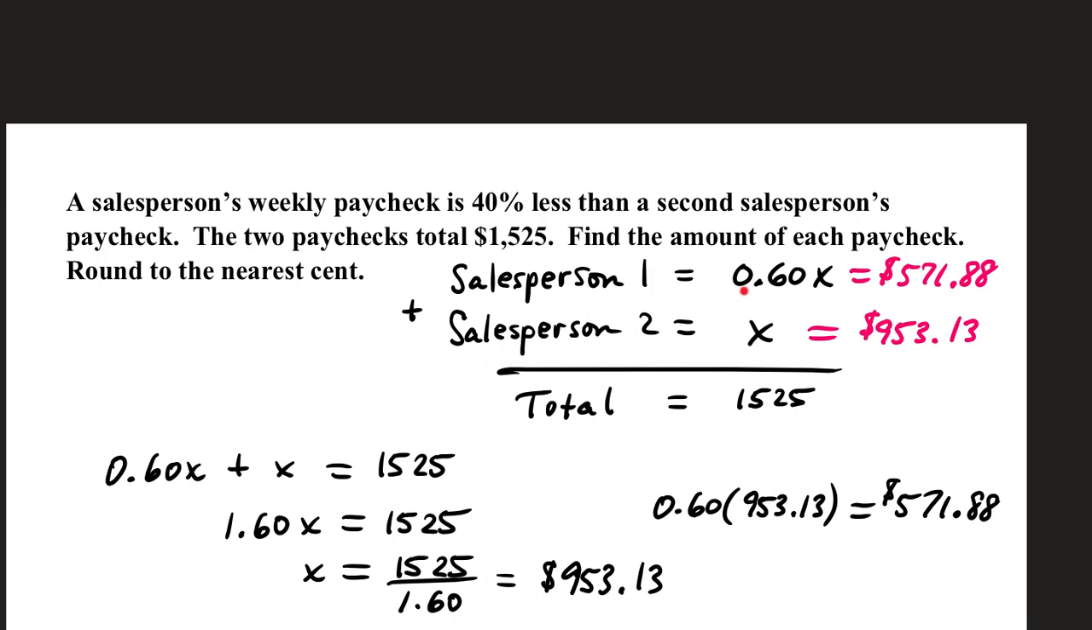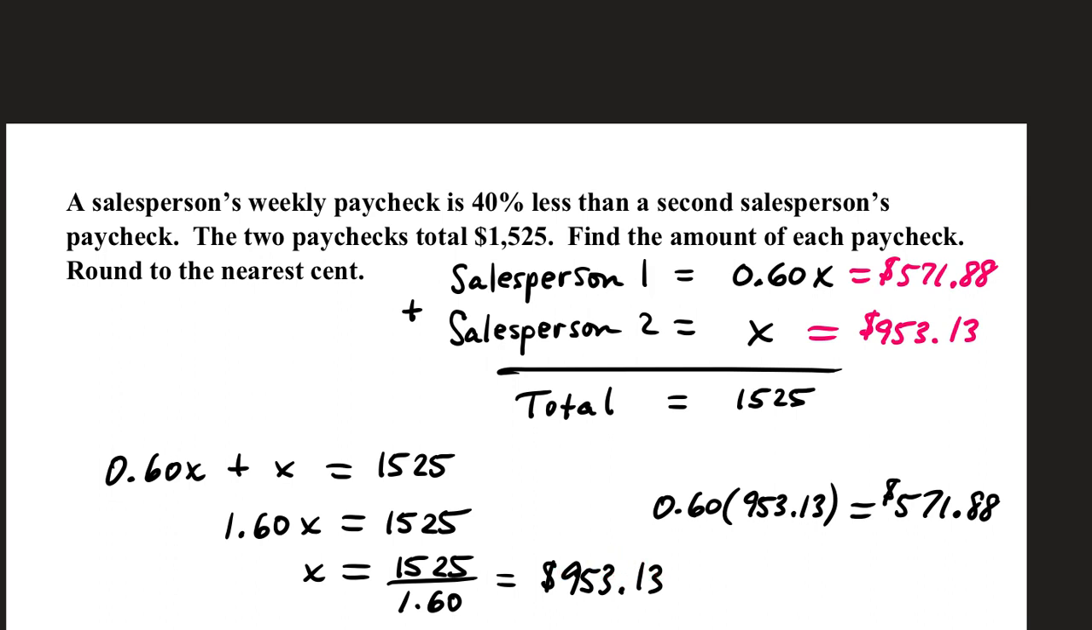But we know that together they make $1,525. So we can build a linear equation out of that. 0.60x plus 1x equals 1525. These two terms are like terms, and don't forget that's a 1, so we have a grand total of 1.60x equals 1525. Divide both sides by 1.60, and we get